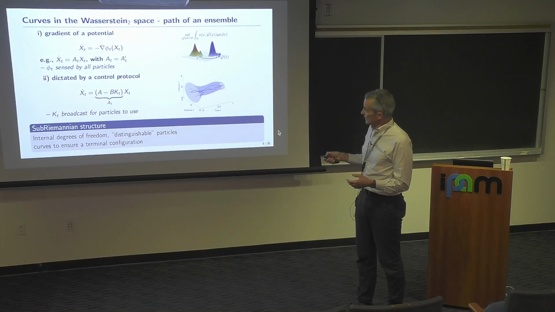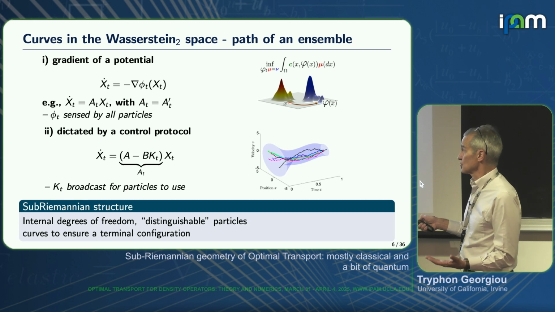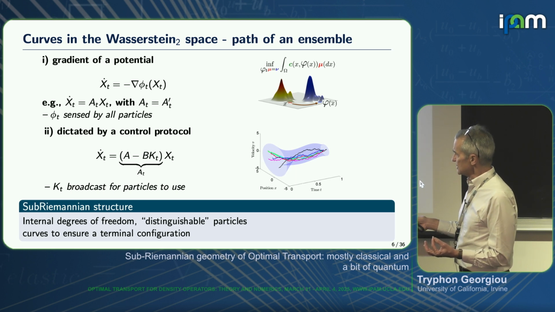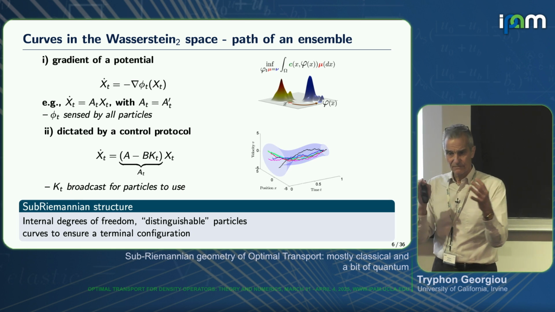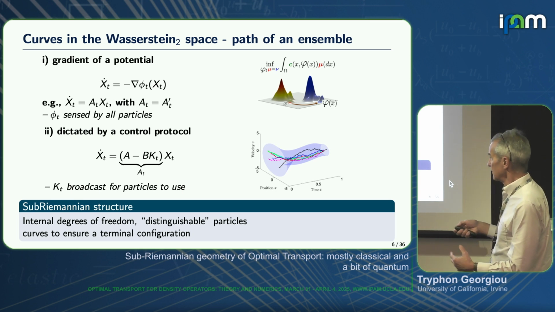So the particles obey individually a differential equation of this sort. Here you have some potential, it's the gradient of a potential. Most of the talk will be about quadratic potentials, and then basically you have, as your control to steer them, a matrix A which is symmetric because it is the gradient of the potential. So you can think of the potential sensed by all the particles. You squeeze them, you push them around, and they move, but you have more ability to steer them.